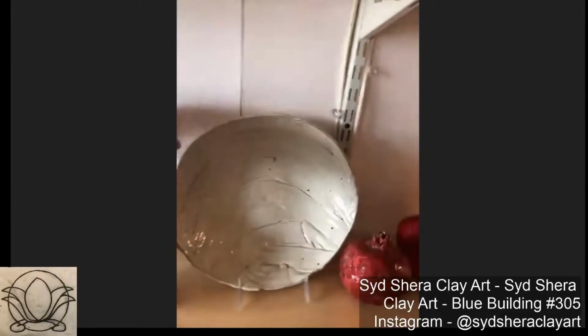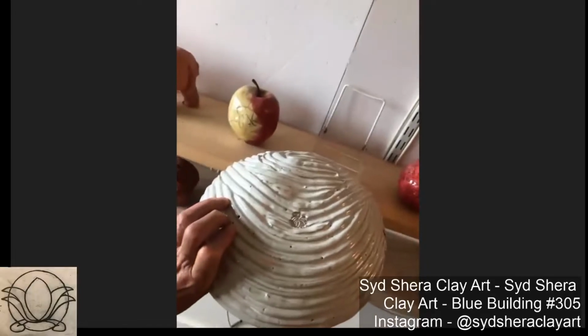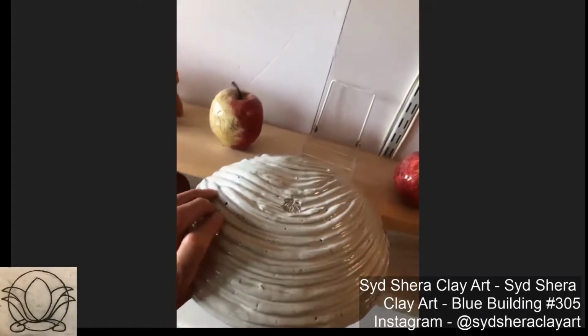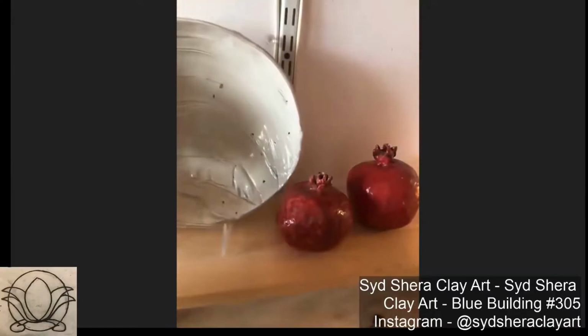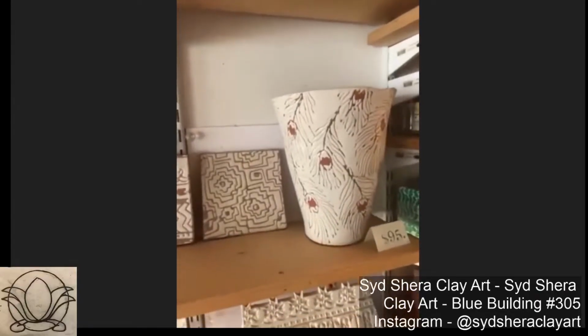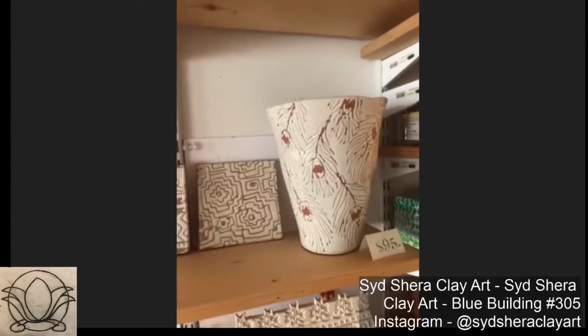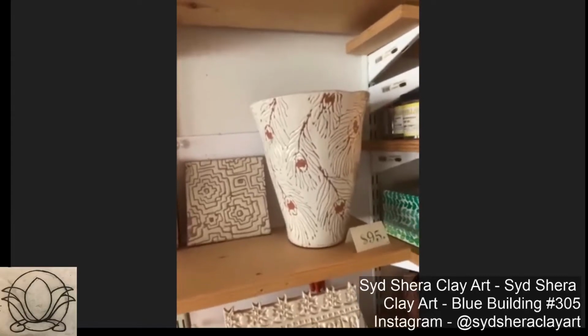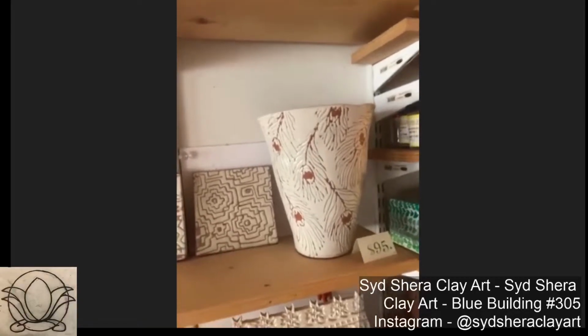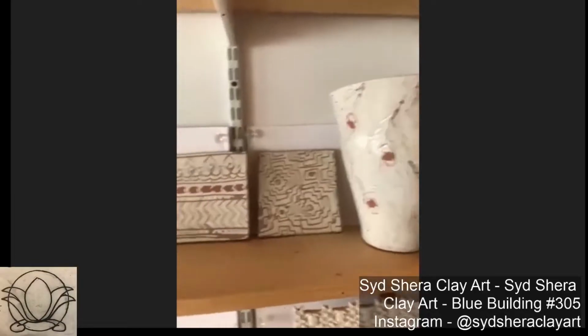I don't know why I have this in here, but I like it. It's a terracotta serving dish. I extruded all these little tubes, these little coils, and then I made it into a bowl. It reminds me of a waveform. This is another terracotta vase, and I don't know if you can see where I put the white glaze on it, and then I scratched it. It's peacock feathers. This was a lady's wedding dress. So this was a test piece for her wedding dress. Never mind, that's too long of a story, but just believe me. So then I did a bunch of...